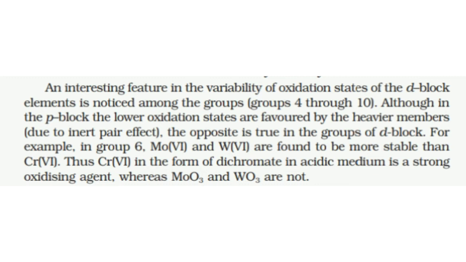Although in the p-block the lower oxidation states are favored by heavier members due to the inert pair effect, the opposite is true in the groups of the d-block. For example, in group 6, Mo(VI) and W(VI) are found to be more stable than Cr(VI). Thus, Cr(VI) in the form of dichromate in acidic medium is a strong oxidizing agent, whereas MoO3 and WO3 are